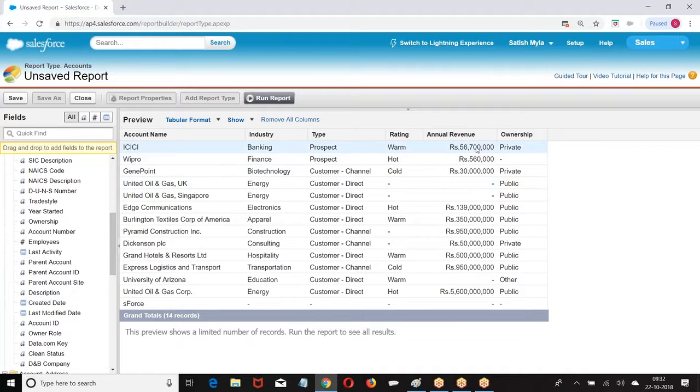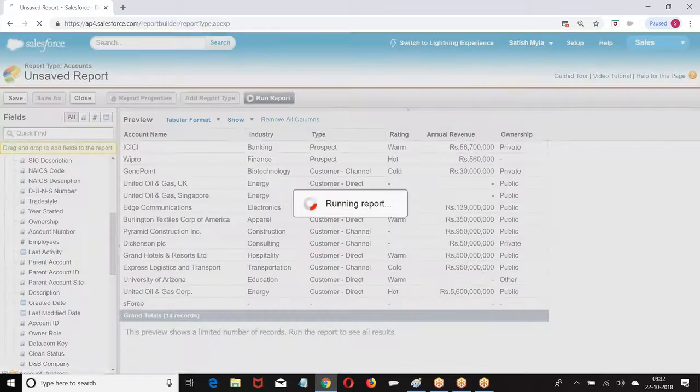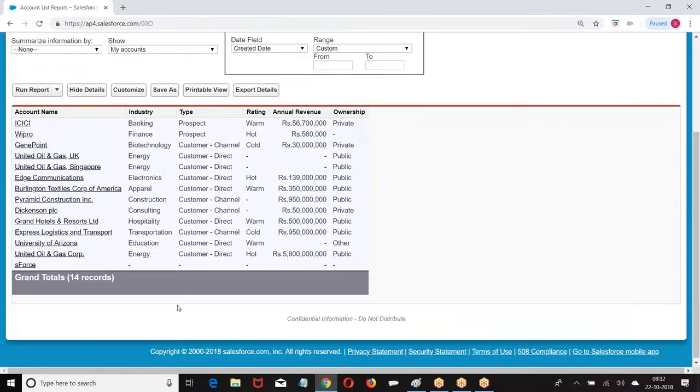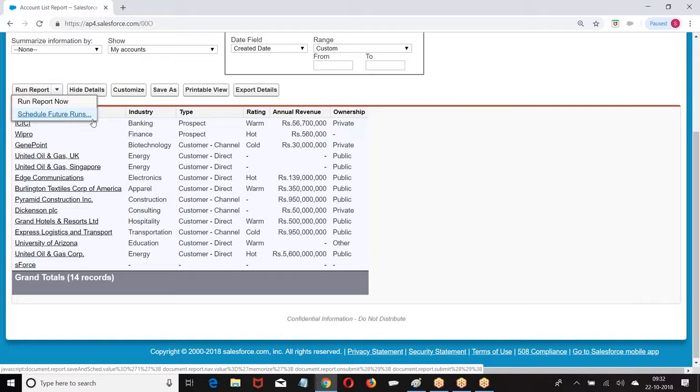Do you want to create any report here? Run the report. Now we got the report structure. When you got the report, we have run the report right now. Schedule the report for the future. Weekly I want to schedule. Run on every Saturday. Or else run the report right now or schedule the reports. Then the report will be generated and saved.